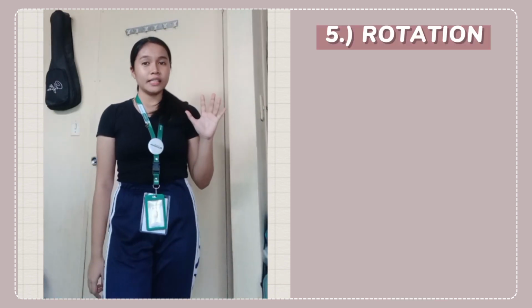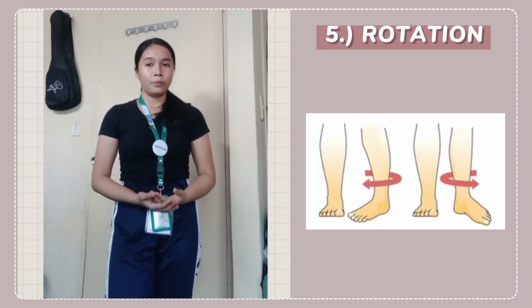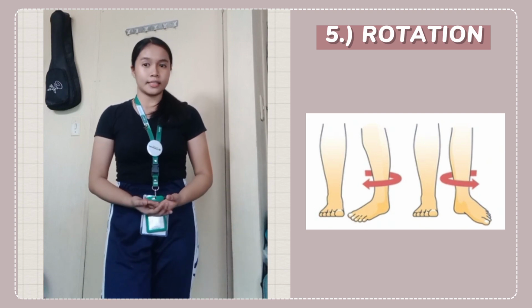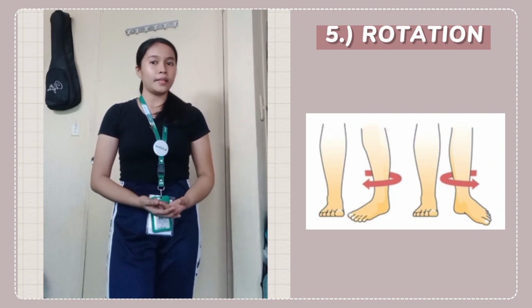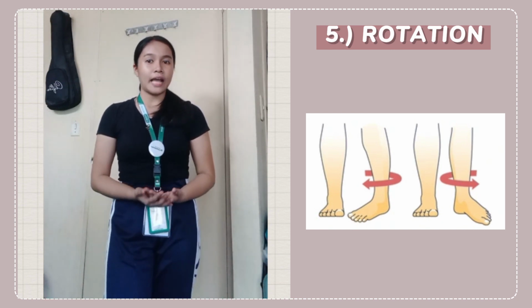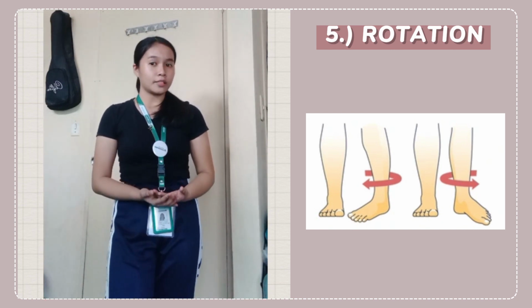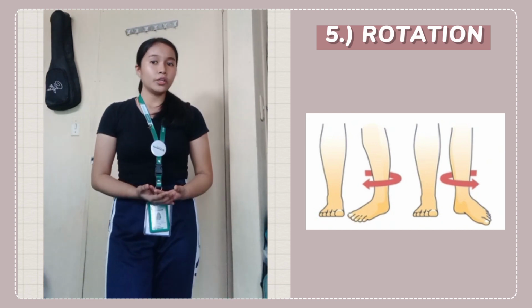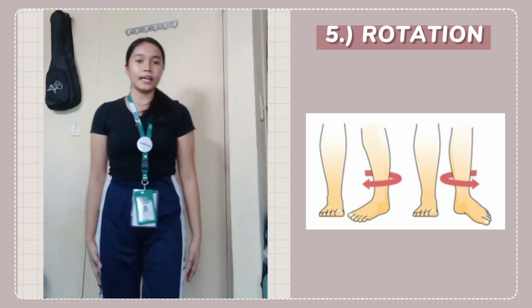For the fifth one is the rotation. It is a movement of a bone around its longitudinal axis. Rotation is a common movement of ball and socket joints, which is also described as movement of the atlas around the odontoid process of the axis. Rotation occurs in the head, like this,